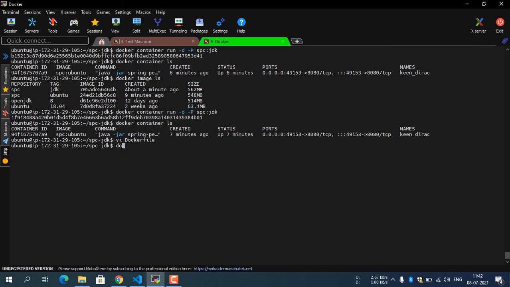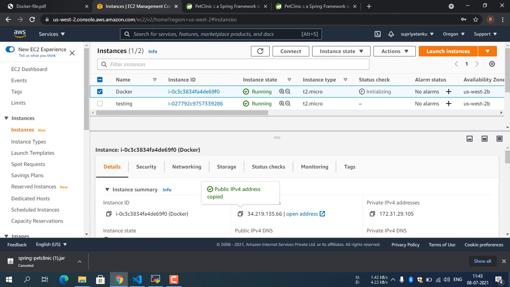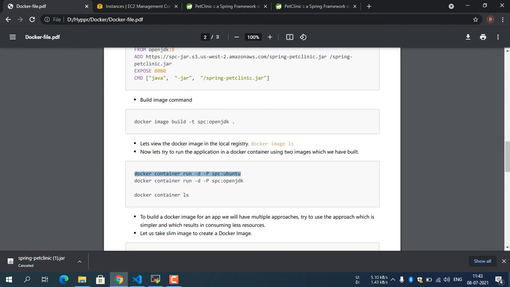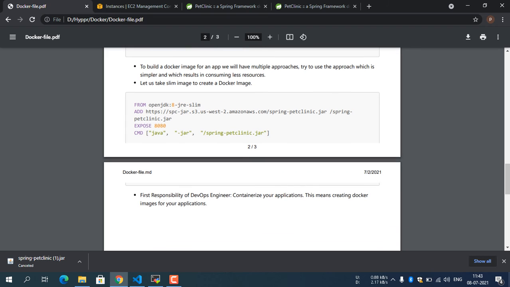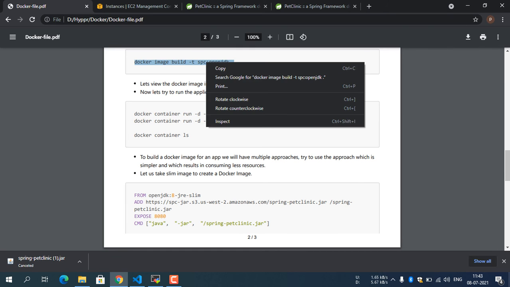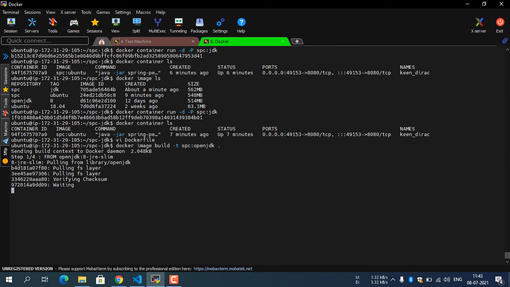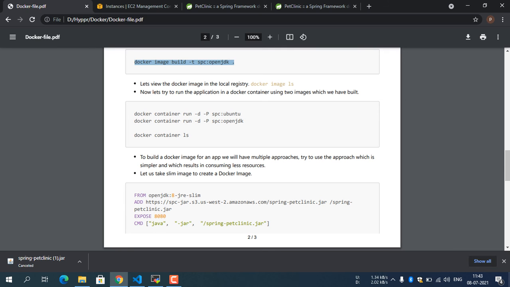I will show you the document. Yeah, I have given it in the document, you can check it out. Let us build it. Then after that we need to run.